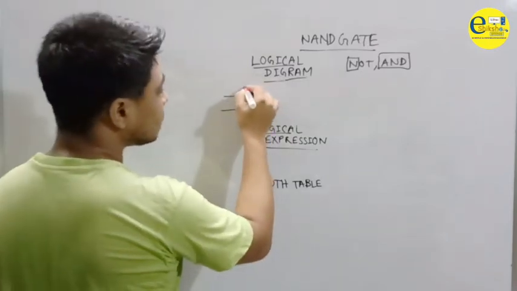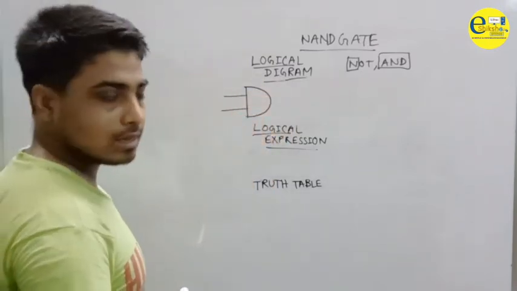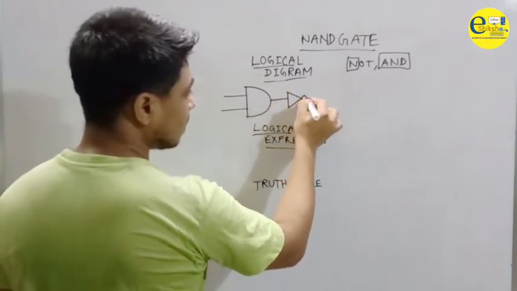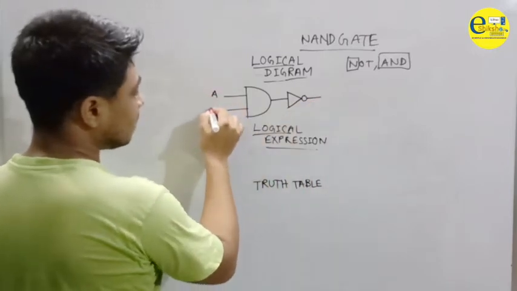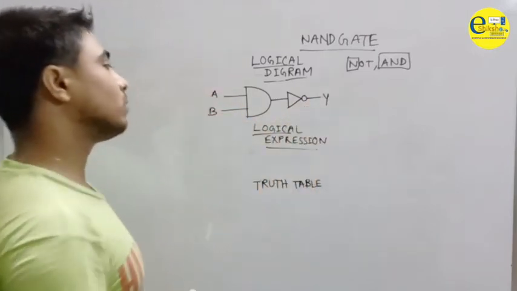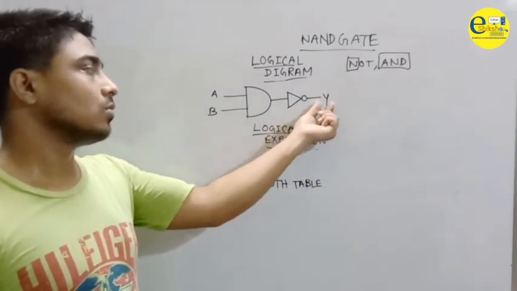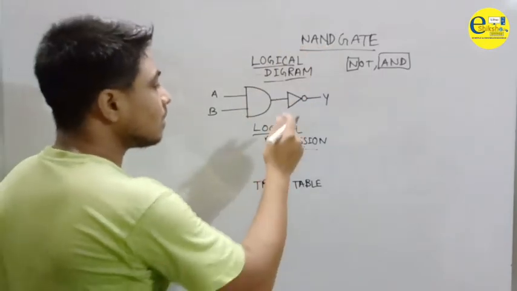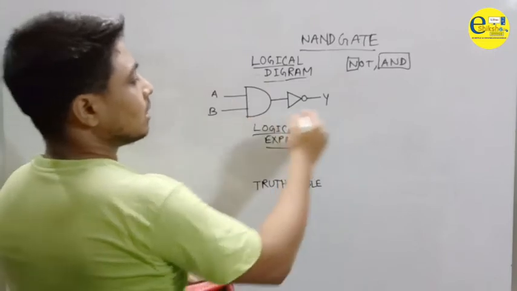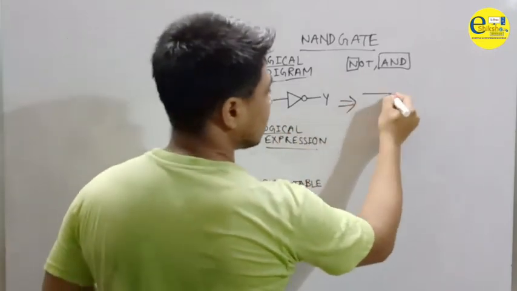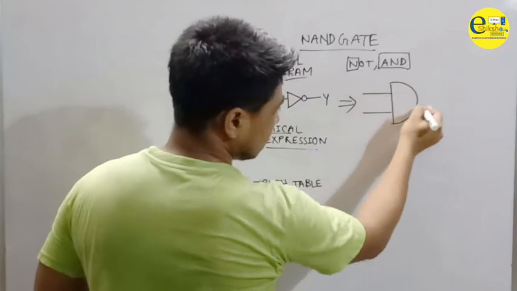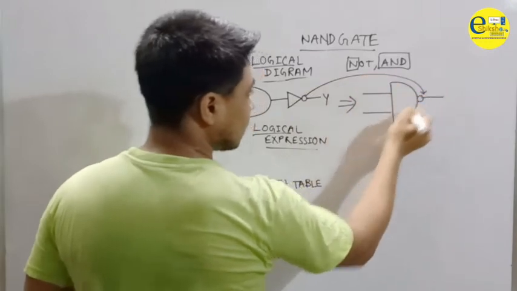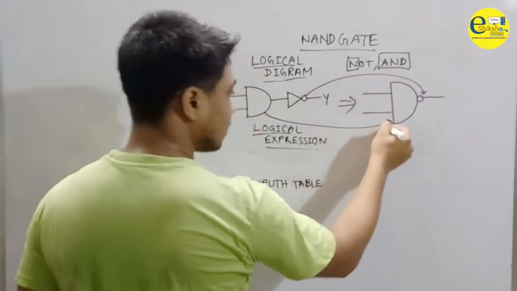Okay, so how do we have to draw this? We first draw the AND gate. Then the output of AND is passed to the NOT gate. If this is A, this is B, and this is Y, we get the output of the NAND gate here. Together this gate can be drawn like this, with the bubble from NOT, and this diagram from here.